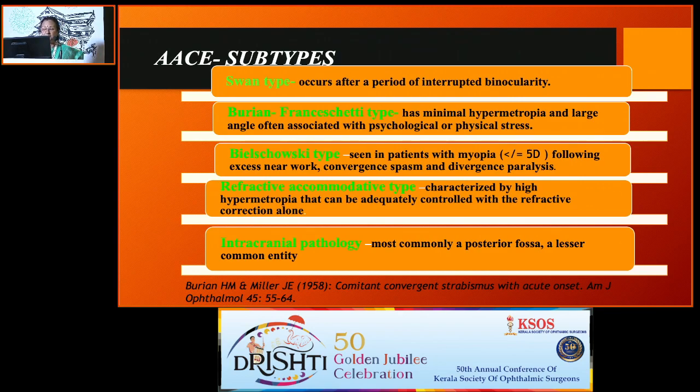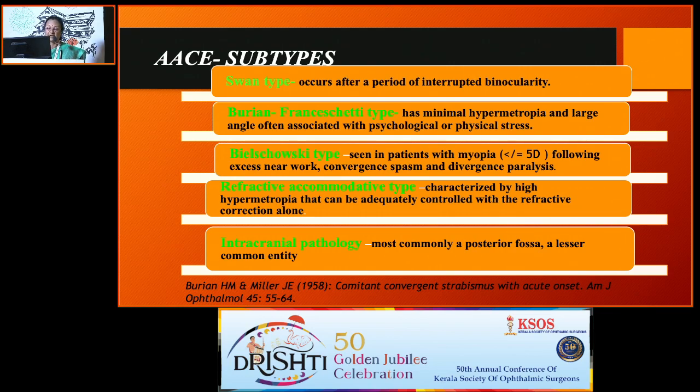There is the Swan type, which occurs after a period of interrupted binocularity, and the Franchetti type, where the patient has a minimal hypermetropia and a large angle, often associated with psychological and physical stress. And Bielschowsky's type is seen in myopes. This is the commonest type which we come across in COVID time, because every other child was forced to use online classes and